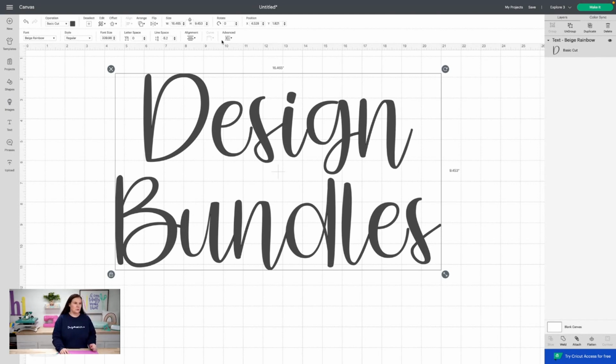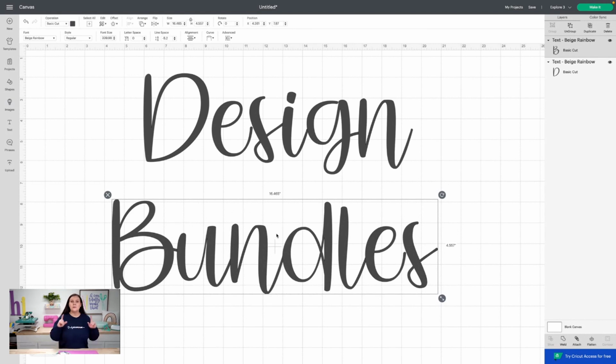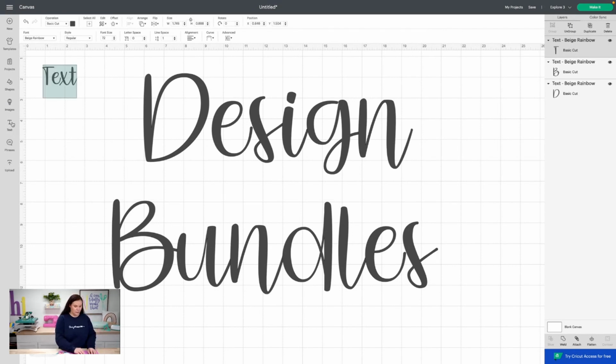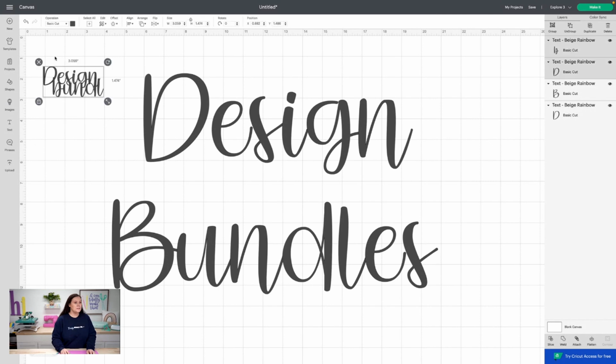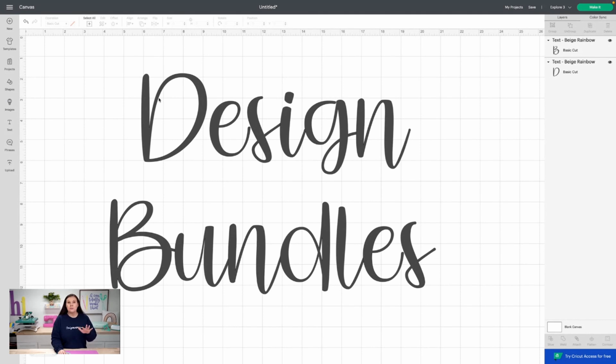Now, another thing that you can do is you can actually go to advanced. You can either ungroup these to letters, so if you were doing some individual work, or we can ungroup them to lines. So I'm going to go ahead and ungroup to lines, and now these two are separate. So it was in one solid text box. So never feel like you have to hit text, for example, and type out design, and then hit text again and do the bundles. You can always type it all out together, and then I'm going to go ahead and delete these here. You can always type them out together and then separate them using the advanced options, ungroup to lines.